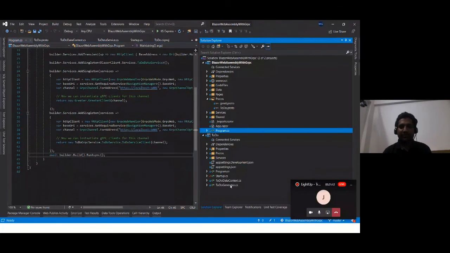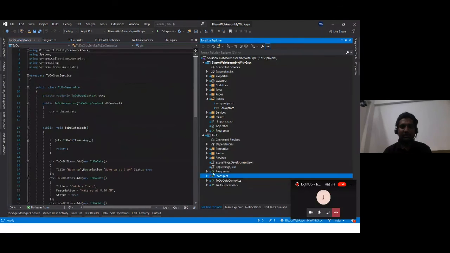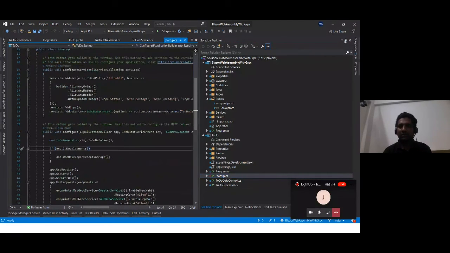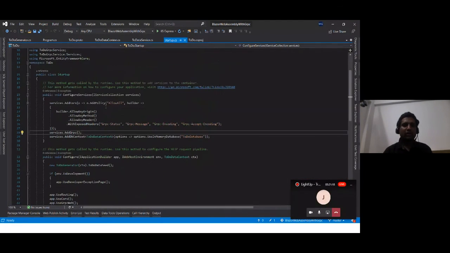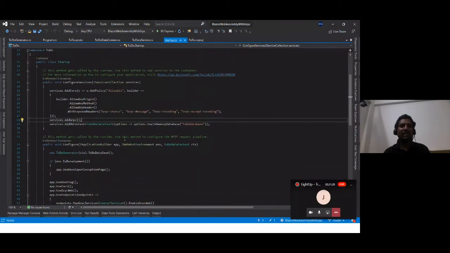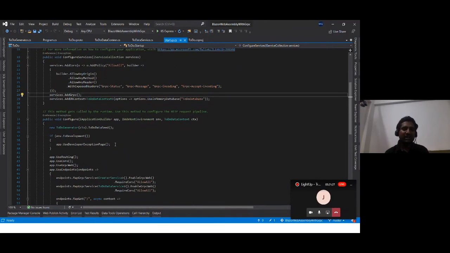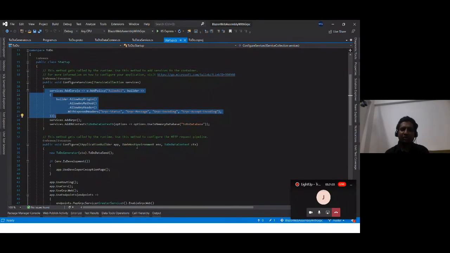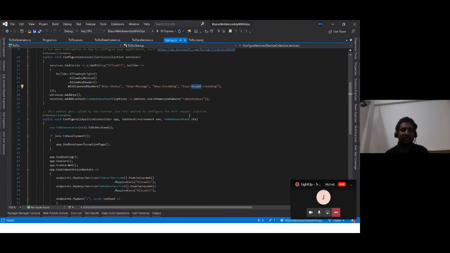Just going back to some startup setup that we need to make before starting to use gRPC web. So this is adding CORS like we do in the web API, but with the headers like grpc-status, grpc-message, grpc-encoding, and accept-encoding.